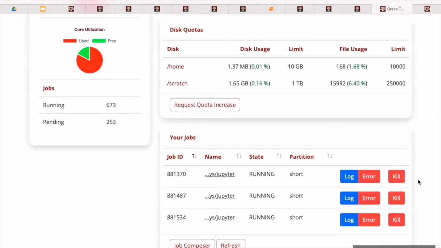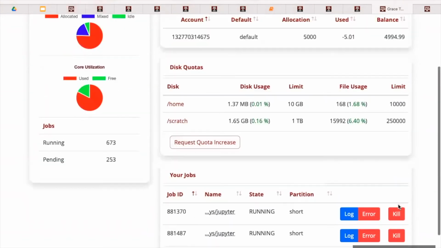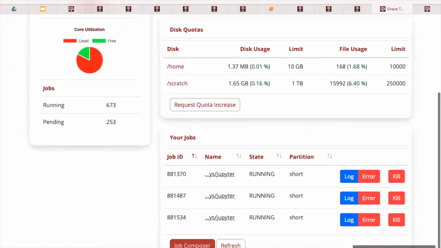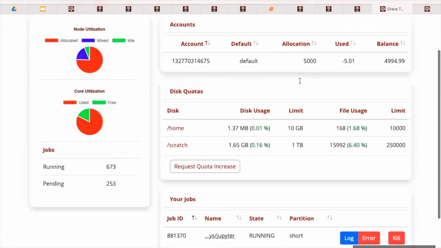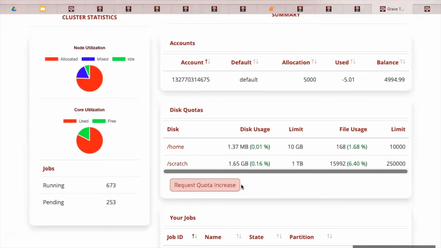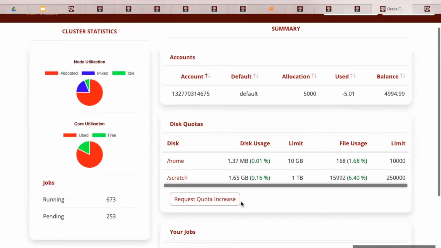We can see my own jobs. If I need to kill a job, I can do it through here. And it'll also link you to the job composer. And this is a really useful tool if you ever need a quota increase on your